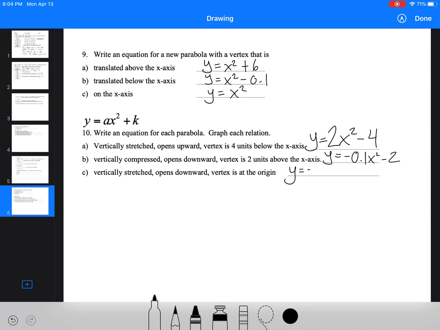And then finally, it's stretched and opening down. Again, opening down is going to be negative. Stretched is any number bigger than 1, like 1.5. And it's starting on the origin, so it hasn't moved up or down, so we don't have to put